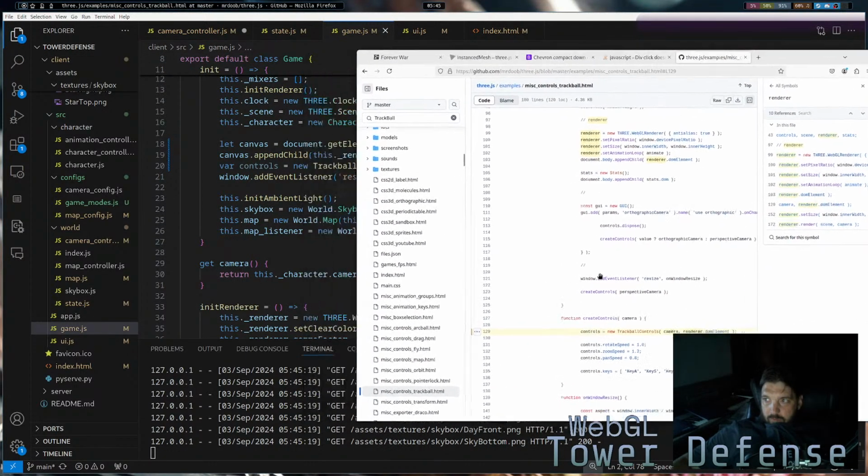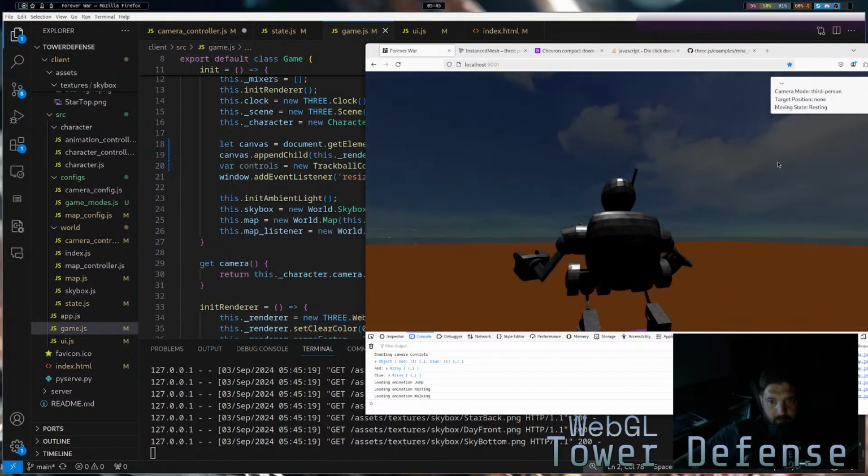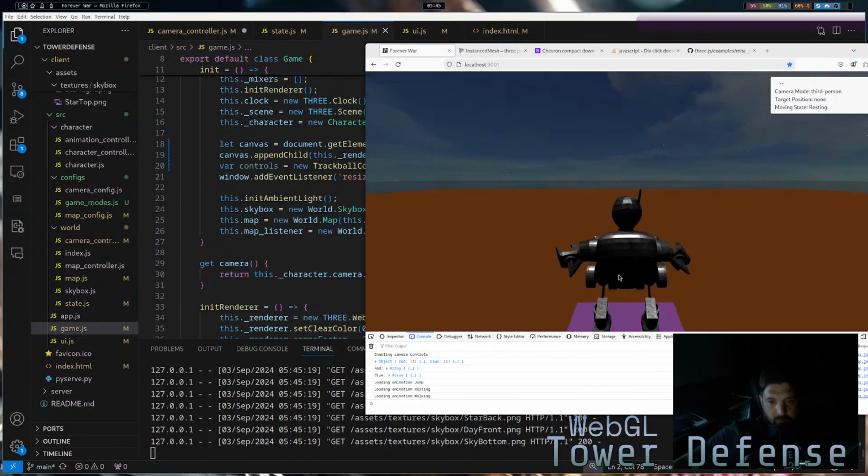I'm gonna have to do some research and see, because this is working mostly. We didn't build our map the way that we wanted to, but